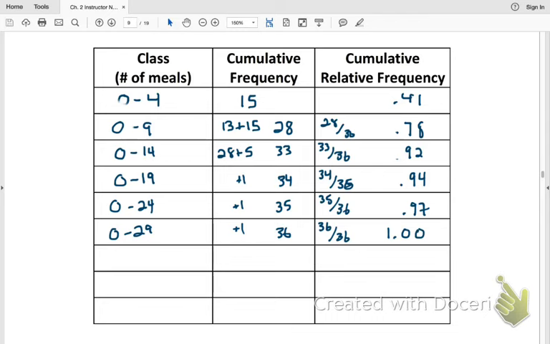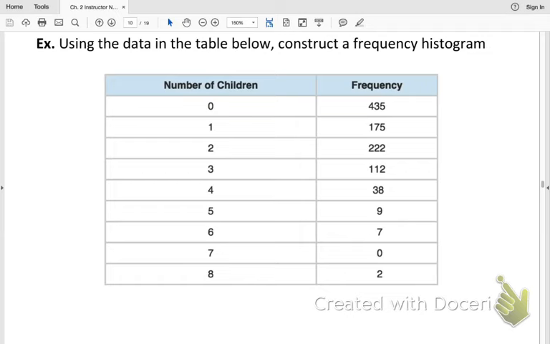Now here is some new data. We're asked to construct a frequency histogram from this data. But what I want you to think about is when we do this, how are we going to set up the classes? That's kind of an interesting question here. We already have the data. We don't need to create a frequency distribution, I would say. But when I go to set up the classes,